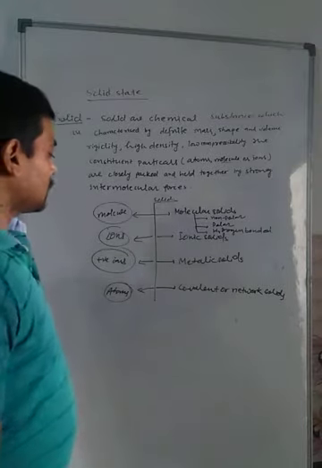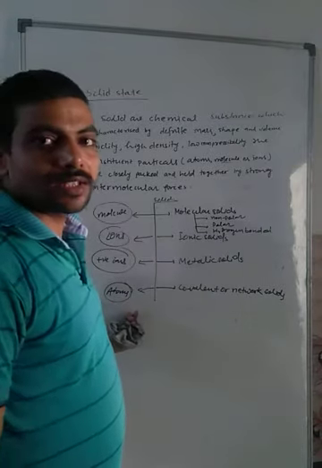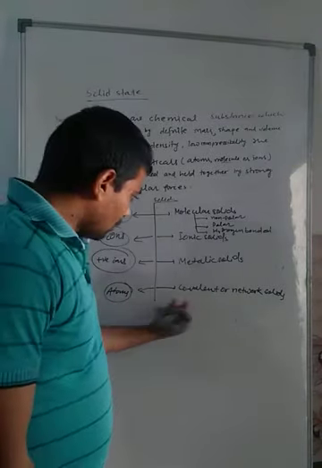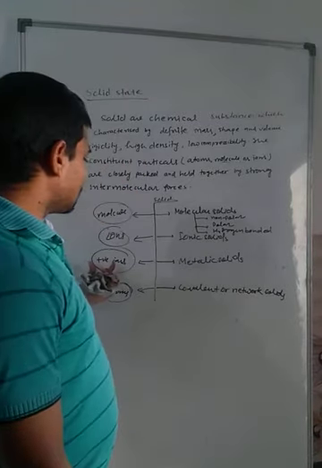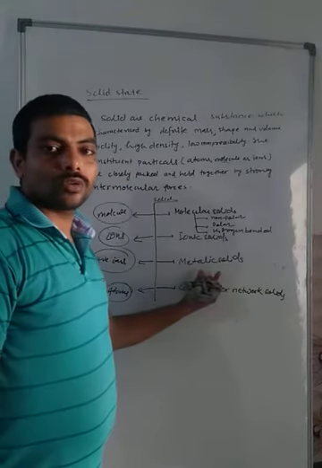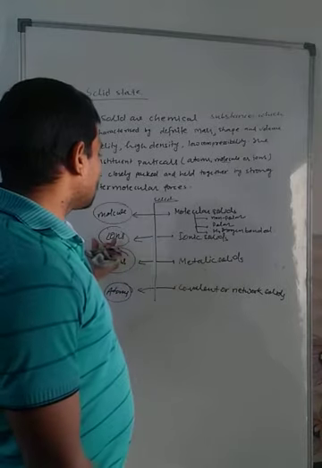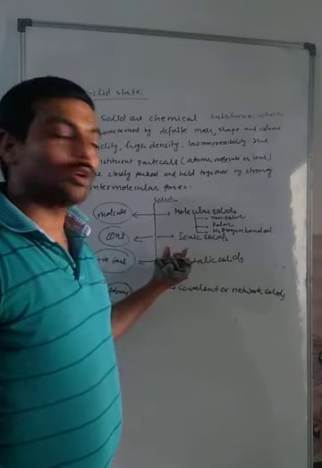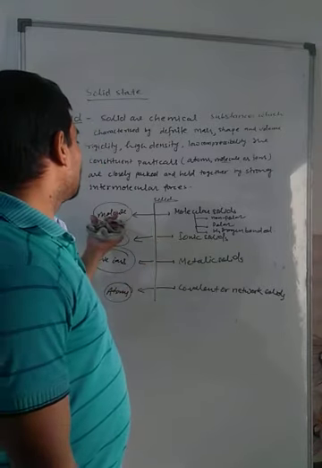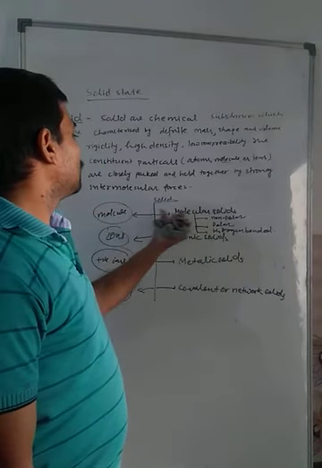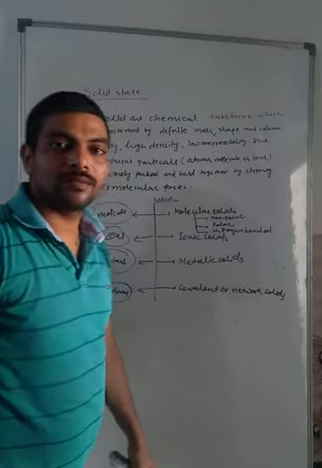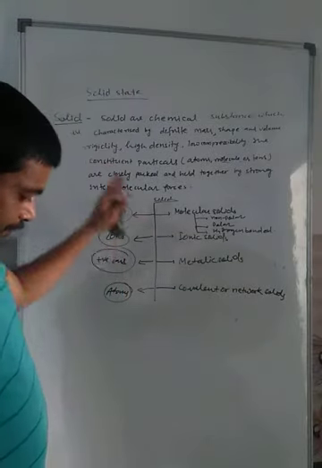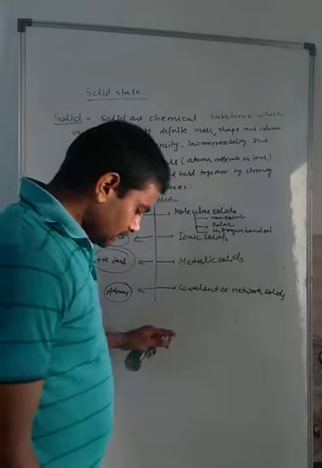When the constituent particle of a solid is atoms, it is called a covalent or network solid. When the constituent particle is positive ions, it is called a metallic solid. When the constituent particle is ions, both positive and negative, it is called an ionic solid. And when the particle is a molecule, it is termed a molecular solid. For example,